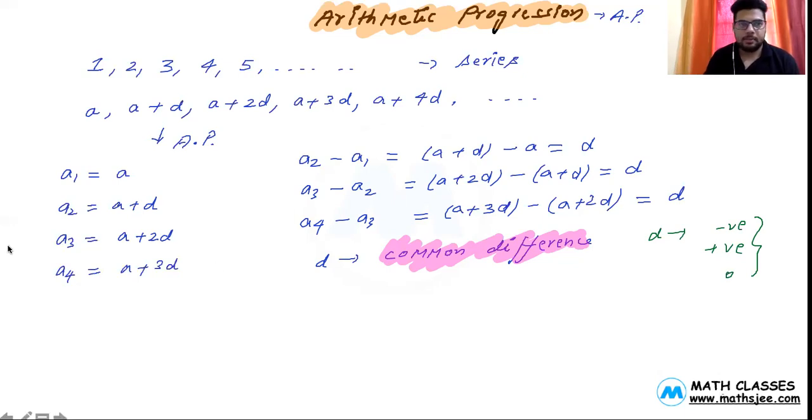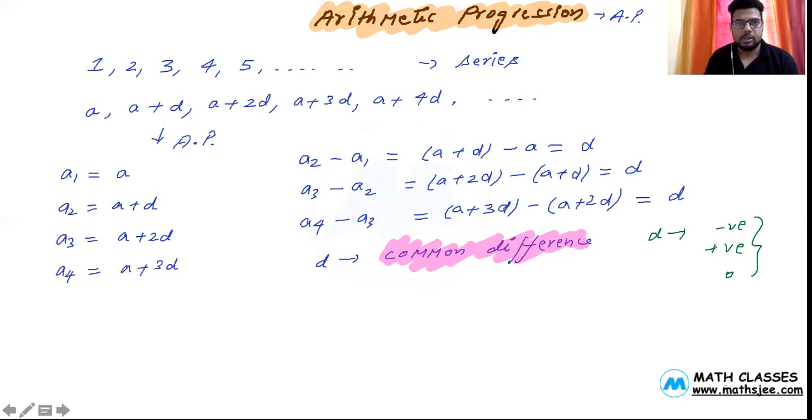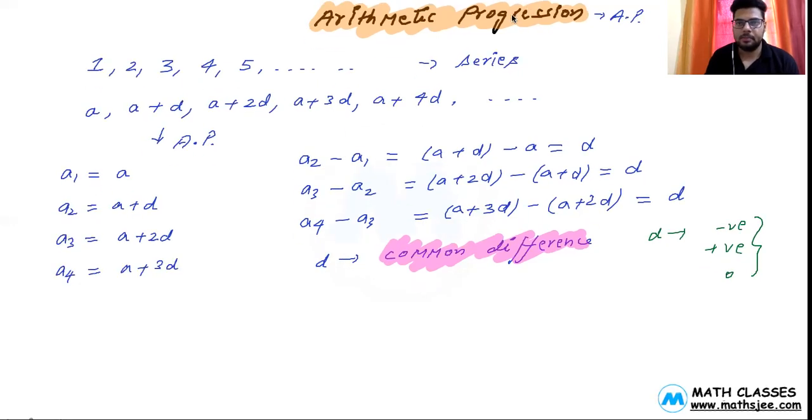So if I say that I have this: the first term is half, second term is 1, then 3 by 2, then we have 2, and so on. This is also an AP because we are adding a constant term to every term. Half, you add half, you will get 1. Or if you want to find out, here this is A1, this is A2, this is A3, this is A4. So if you have to find out whether this is an AP or not, this is the procedure by which you will find it out. That is, find out A2 minus A1.